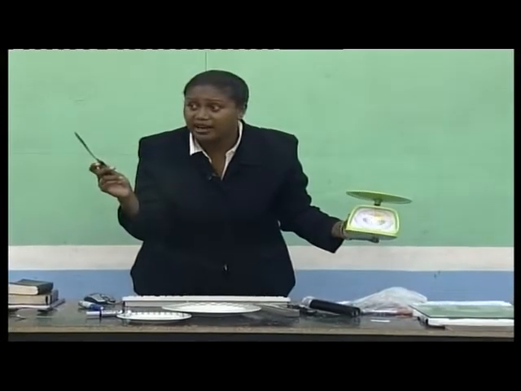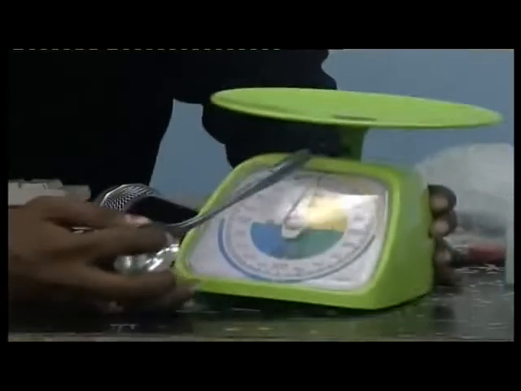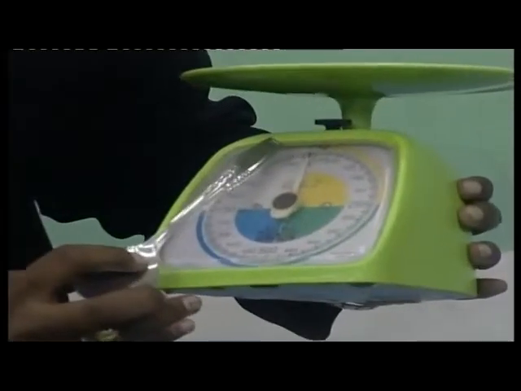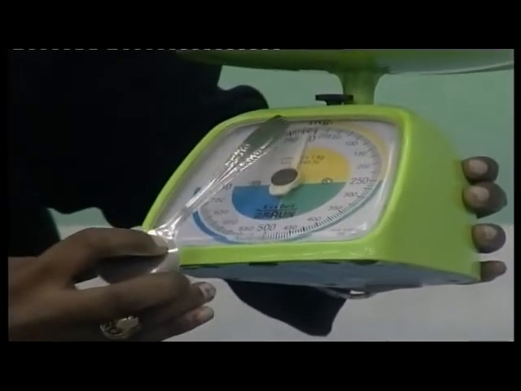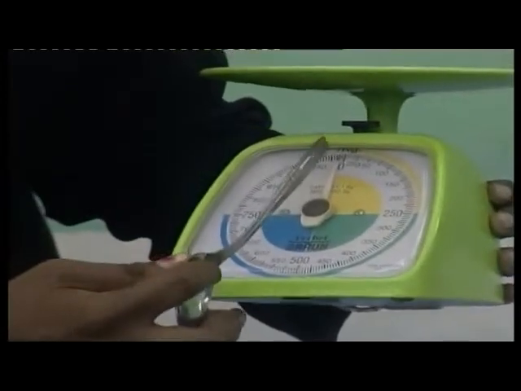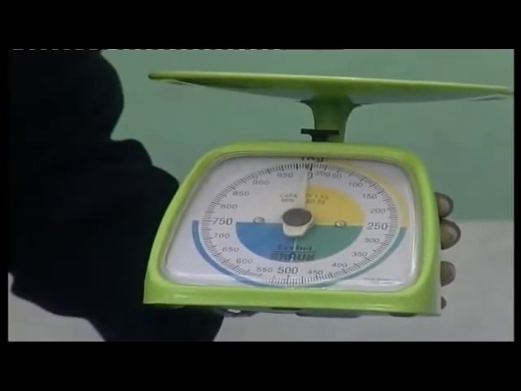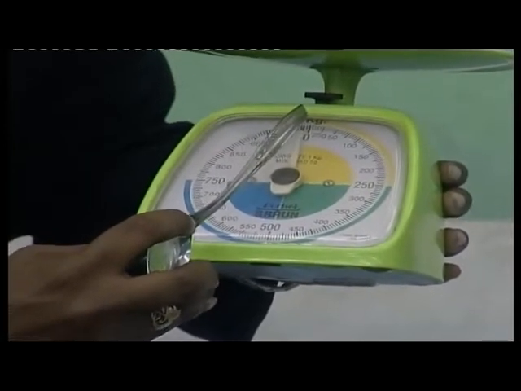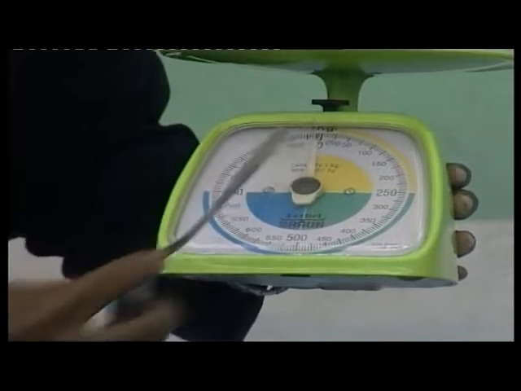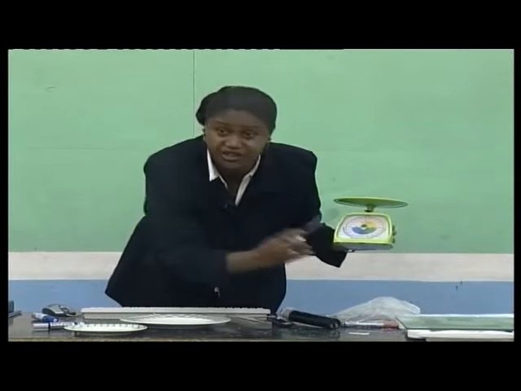You will see that this kitchen scale, quiet, are you listening, receiving student? You will see that this kitchen scale, for each scale division there's a highlighted big stroke, can you see? To a very small stroke there is equal to 5 grams. So those small scale divisions, it's 5, 10, 15. Where you see the big stroke is equal to 25 grams. So you will see, just like a